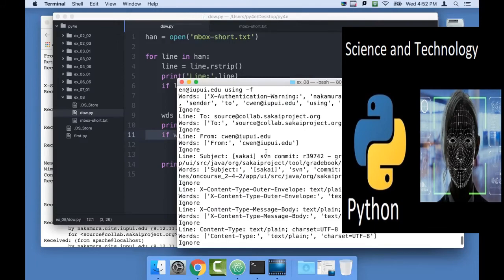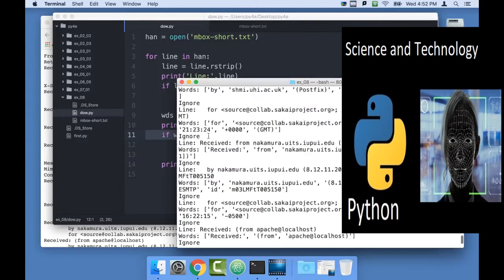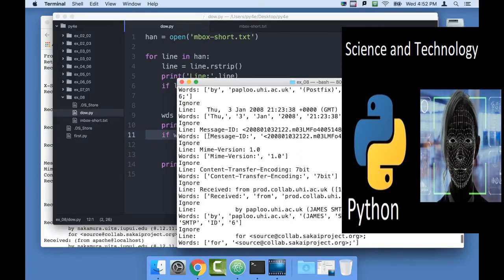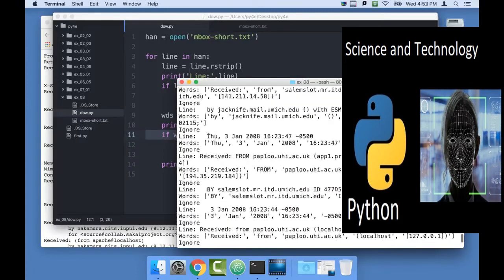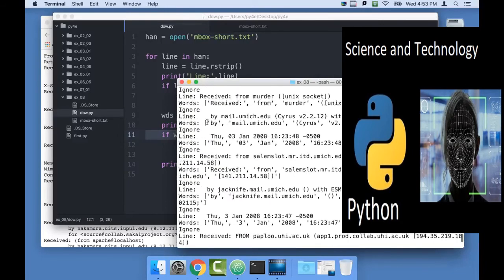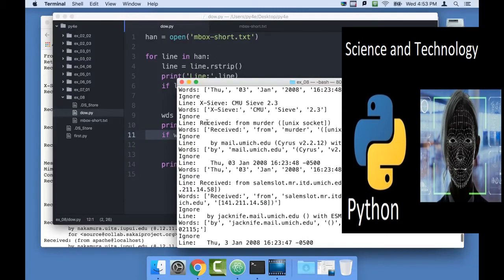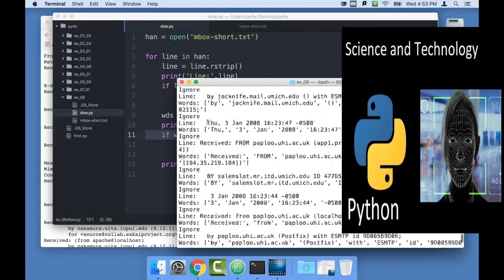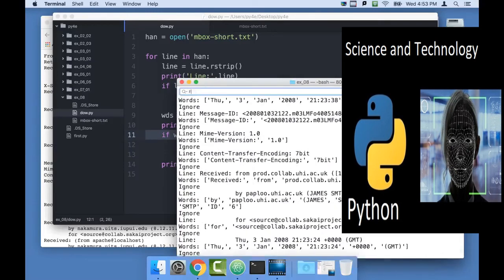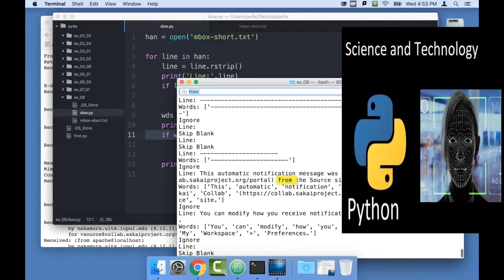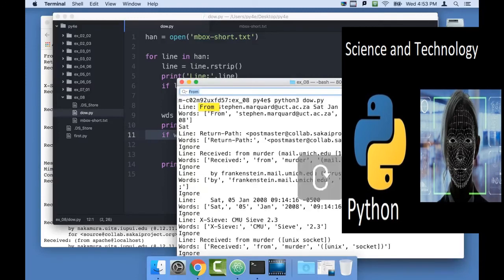Let's find a from. Here it comes. Oh, no, there's ignore, ignore. I got too much debug print. I can't find it. Here, I'll just hunt for from with find. Okay, so there we go. There's from, and we print the thing out. So we're getting a lot of